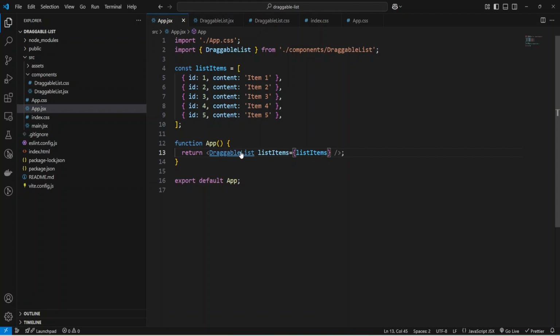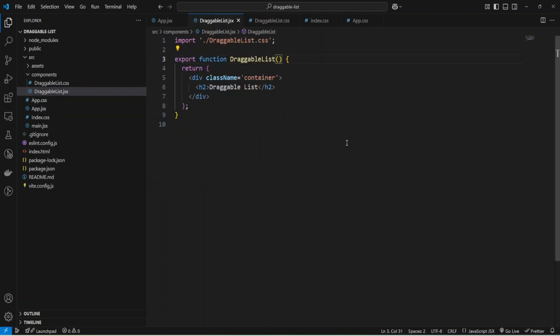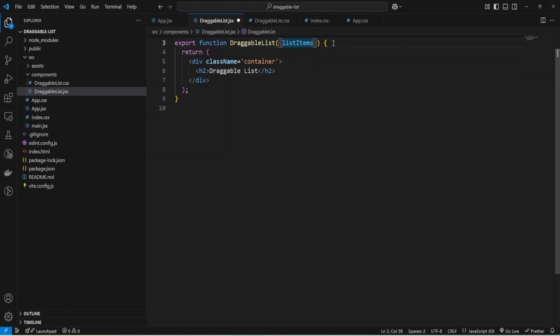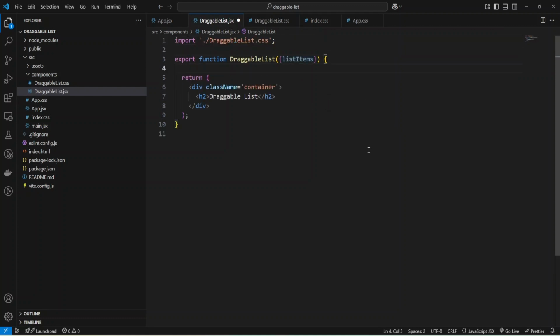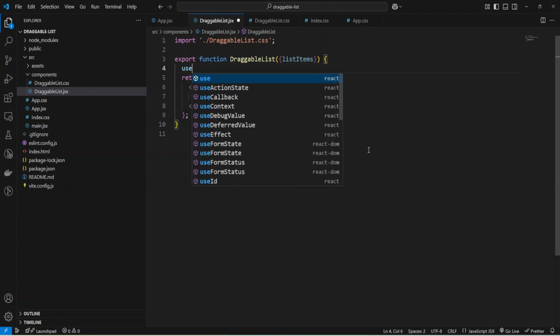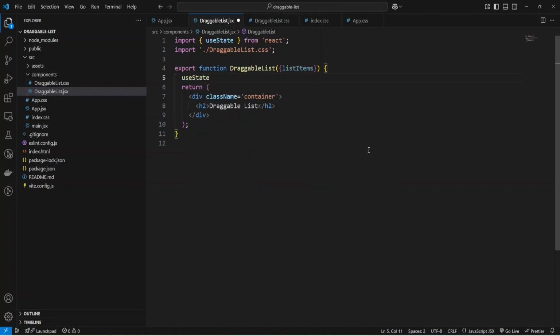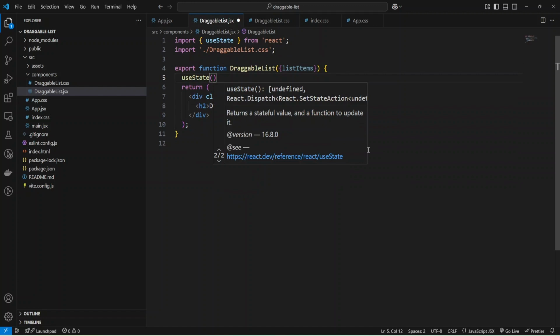Okay, and inside my component, I can retrieve the props using object destructuring. Okay, and we have a list of items, and let's add some state variable. I'm going to use the hook useState, and as you can see, it returns a stateful value and a function to update it.